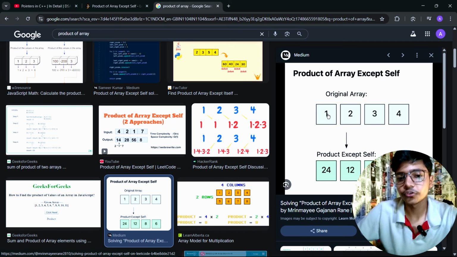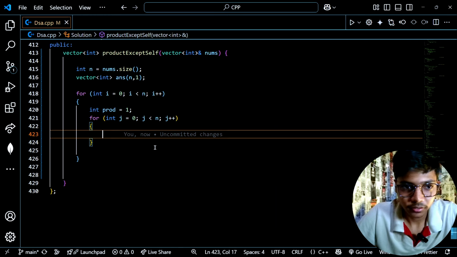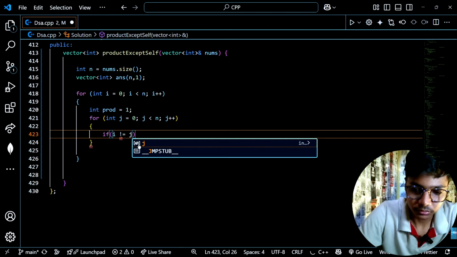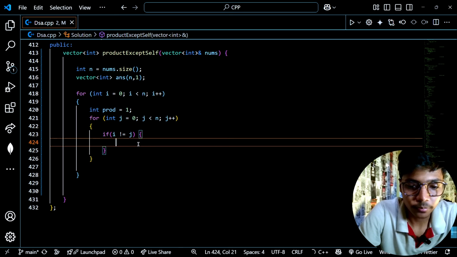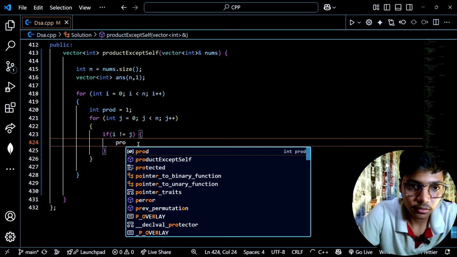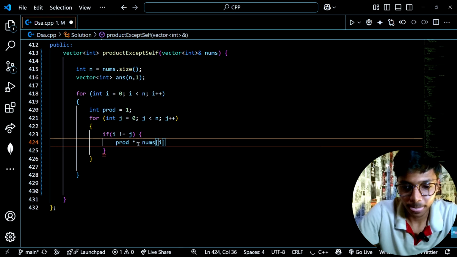So we have to add a condition because we are not going to multiply the i's value. So in here we're going to check if i is not equal to z, then we have to perform how we're going to multiply all those things. So it will be product multiplied by and equal to nums of i,